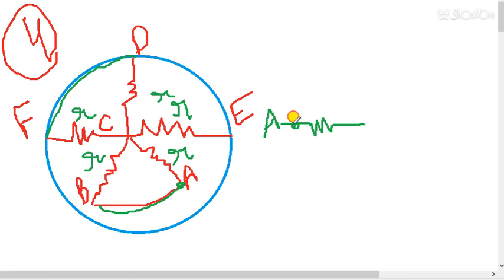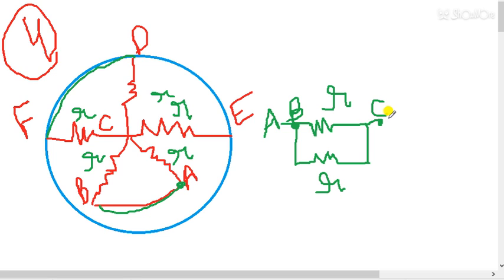So I can mark here, let's say this is point B, and from the point B resistance is also starting, and both points are connected to point C. So this will be the point C. Resistance between this is point A and this is point B. These 2 points are common because no resistance is there. So A to C is resistance R, and B to C is also connected here R.